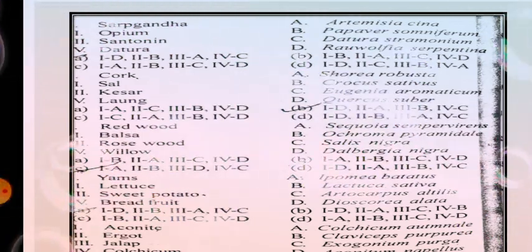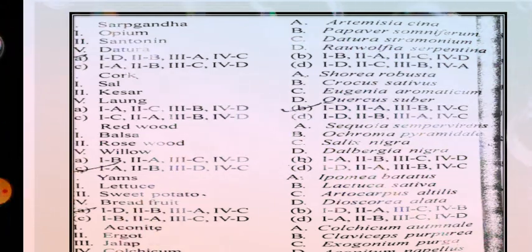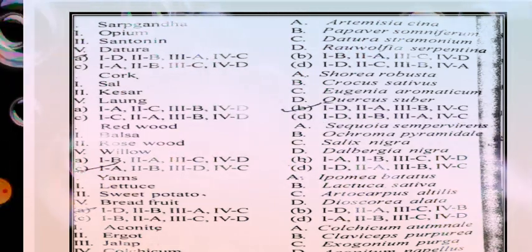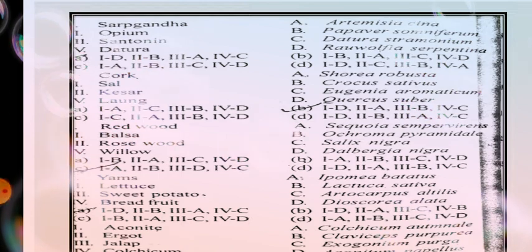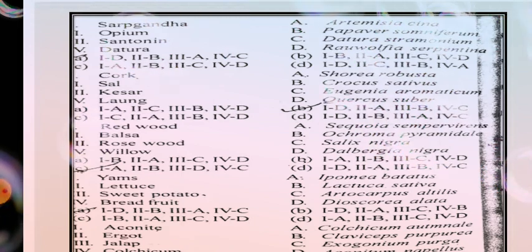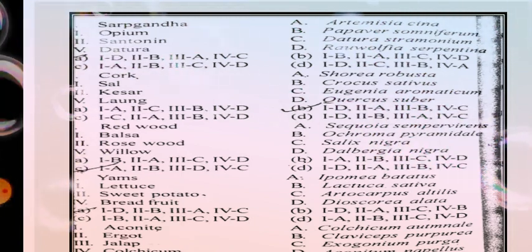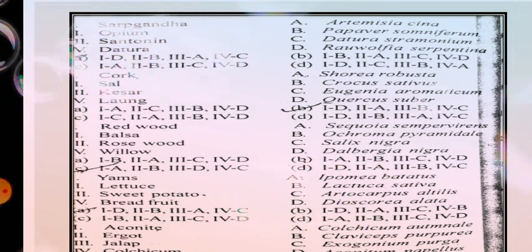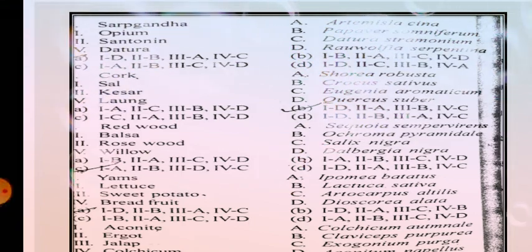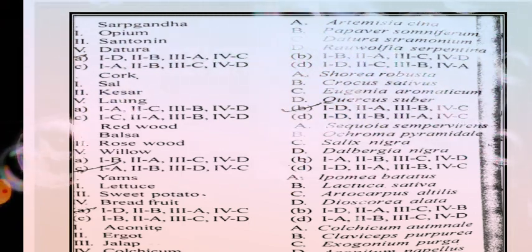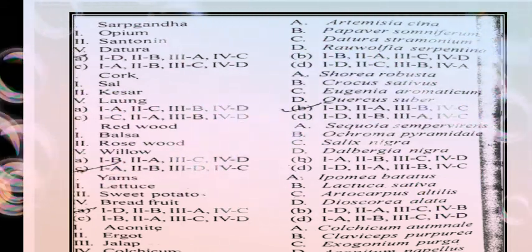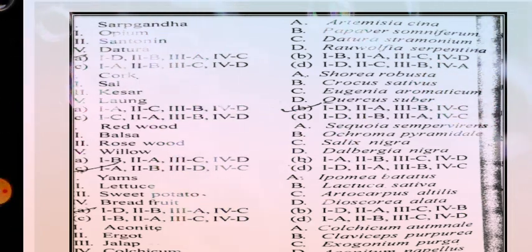Then comes to the third question, that is balsa, rosewood, redwood, balsa, rosewood, wildwood. So I just know option number B, sorry, option number third. You can see here option number third is the only one given as the rosewood. Its scientific name, commonly known as the rosewood, is Dalbergia nigra. So this is the correct option, that is option number C.